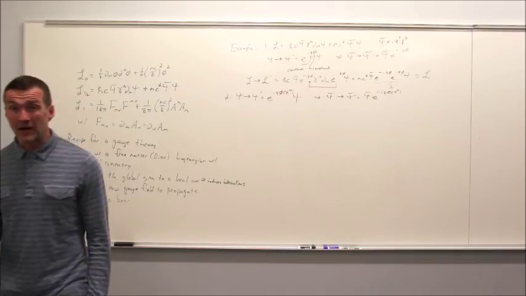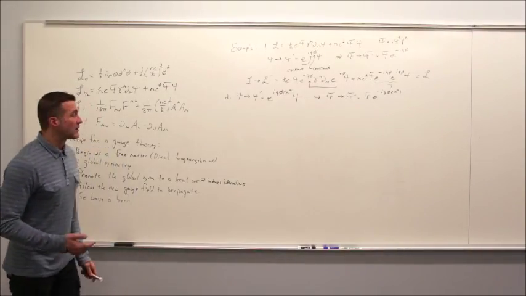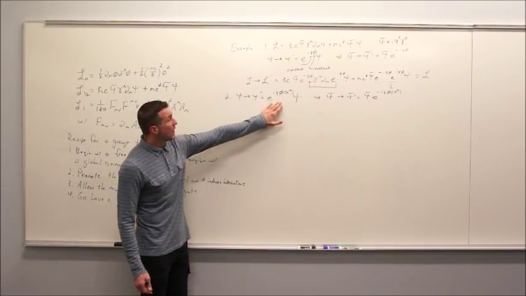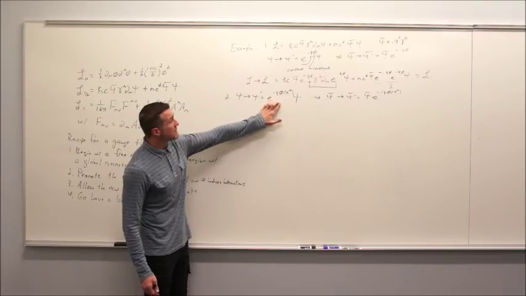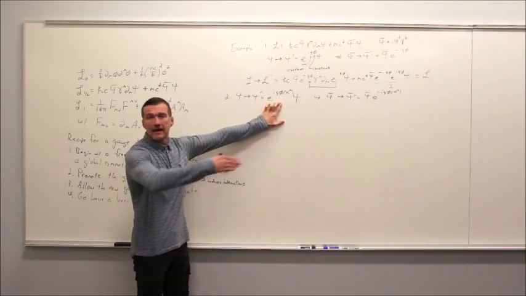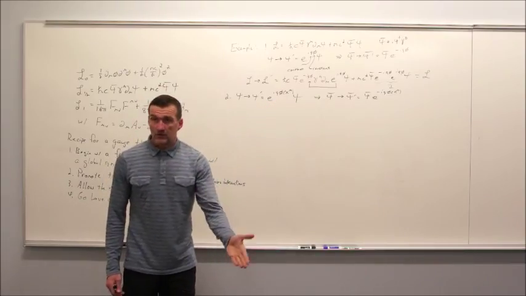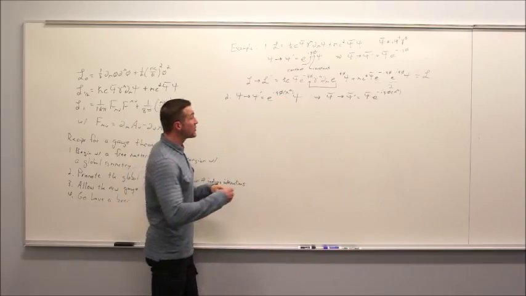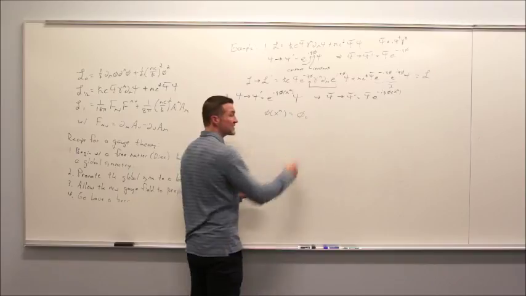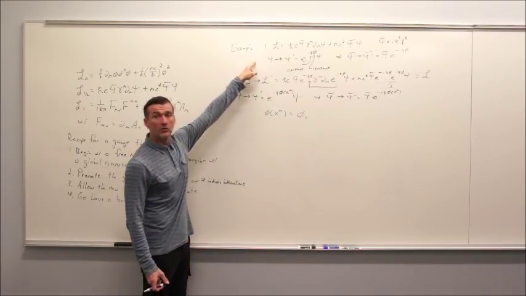Now that's really weird to wrap your head around, but it's actually possible to create theories like that, and I'll mention one a little bit later on. But for now, this is literally the kind of thing we're trying to do. We're trying to allow ourselves the flexibility of making this transformation different at every different point in space-time. Of course, you do not have to. You could say that this function, phi of x mu, is just a constant. And then, of course, you're just back to doing this global transformation.